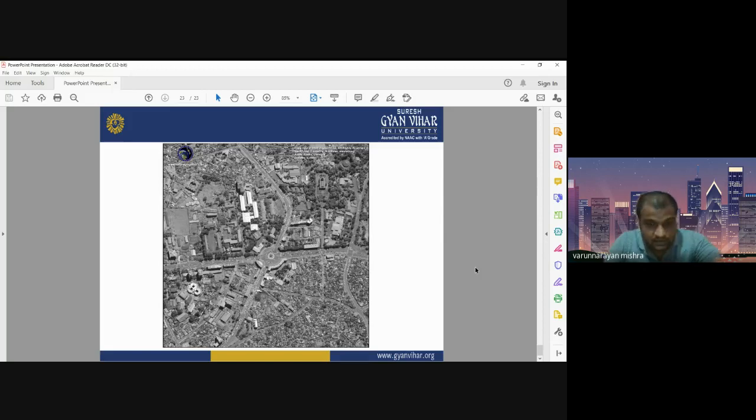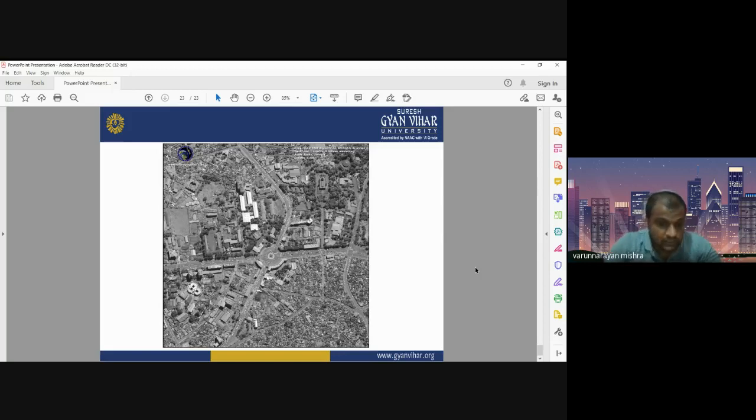These are some high-resolution microwave sensors available in the market that will provide you good spatial details about an urban area. If you want to study urban activities in the night time, the optical sensors will not work, so you can go for microwave sensors or synthetic aperture radar sensors that can also provide you the data up to 1 meter, 2 meter, 5 meter spatial resolution.